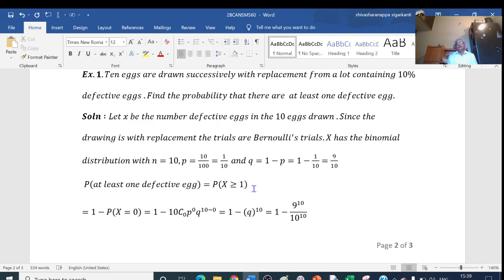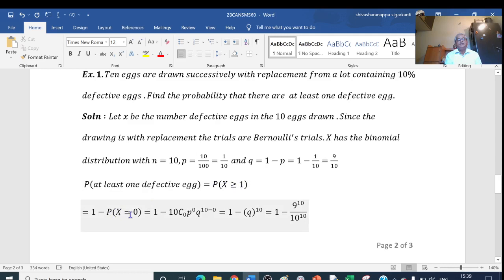Instead of doing this, we may have the possibilities that we may not get a defective egg. That means x may take the value 0, 1 defective egg, 1, 2 defective eggs, 2, like this. Okay. So here P of x greater than or equal to 1 means we can write this as